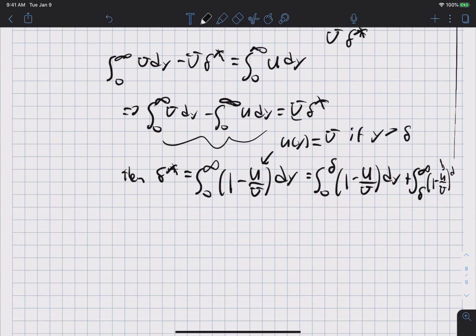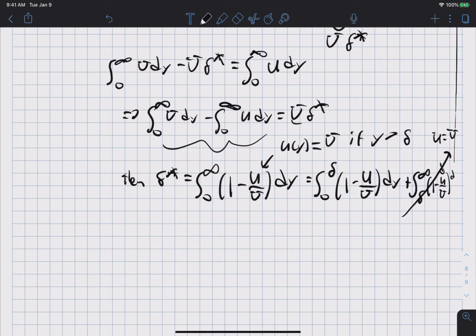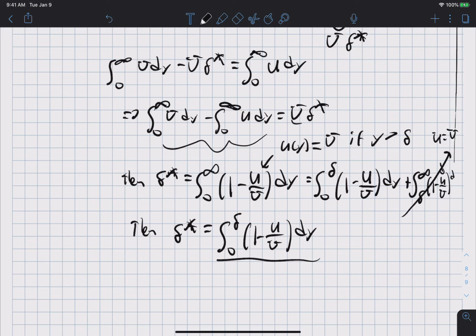But at this location, this is 0 because u equals capital U. It's kind of neat. Okay, so then delta star, the displacement thickness, equals the integral from 0 to delta of 1 minus small u over capital U dy. Okay, and so essentially what delta star